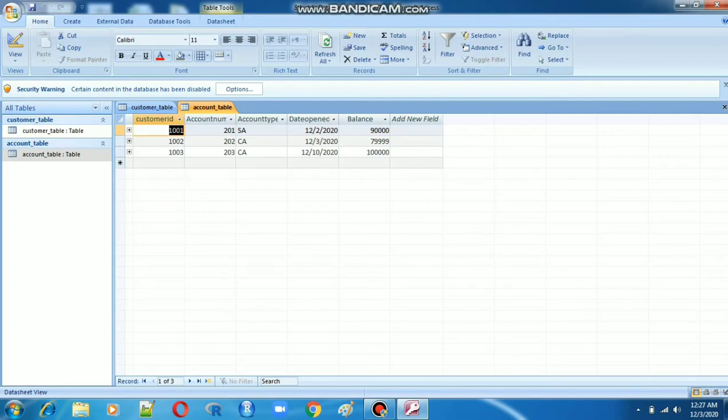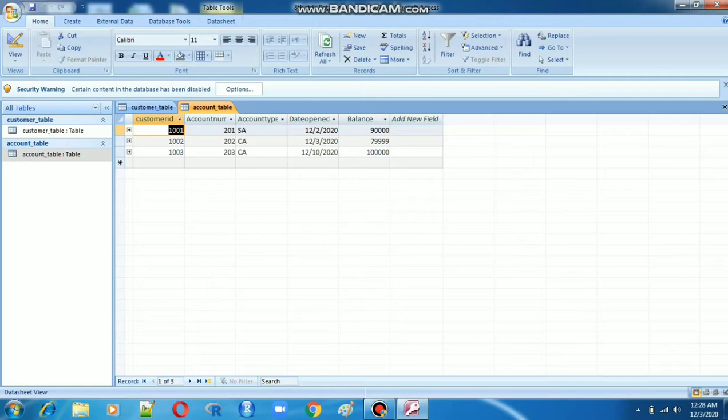Queries mean what? Queries are a fundamental means of accessing and displaying data from tables. For what purpose are we using queries? Access and displaying. To access means we have to edit or modify, or create.